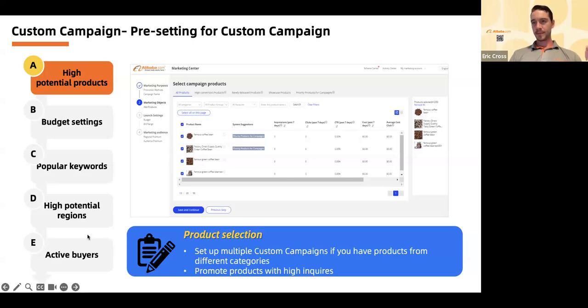Other types of reasoning for selecting products to include could be a new product type that you've listed that you think is going to be quite popular. It could be an underperforming product type that you are confident in, you're just not seeing the traction that you would like to see yet, and you want to explore avenues to just scale that